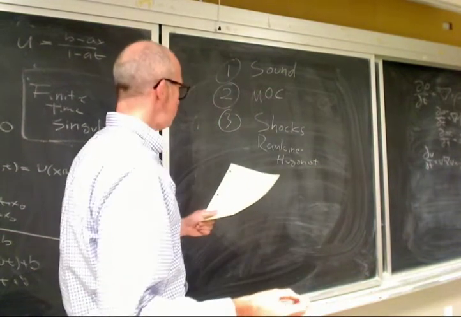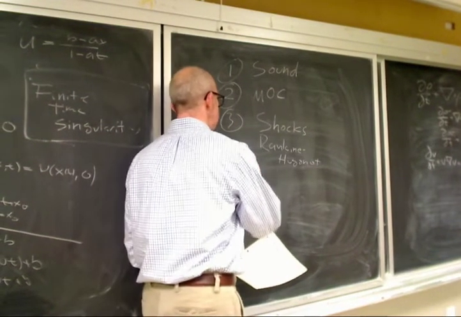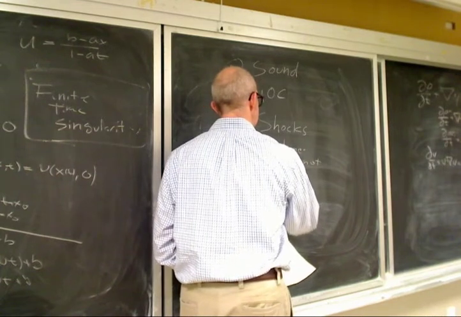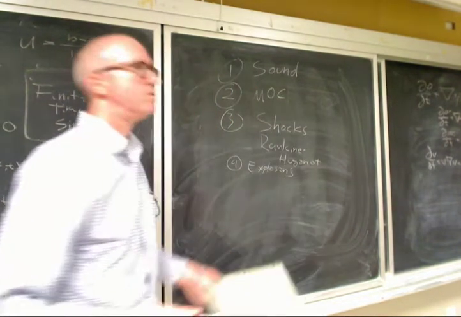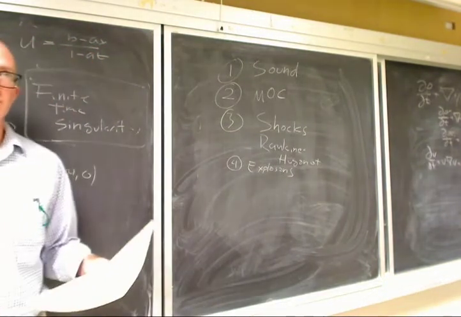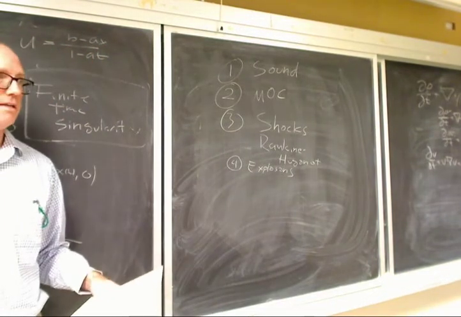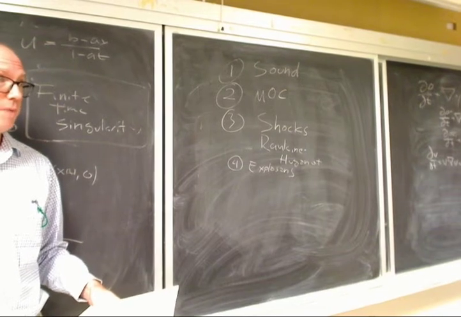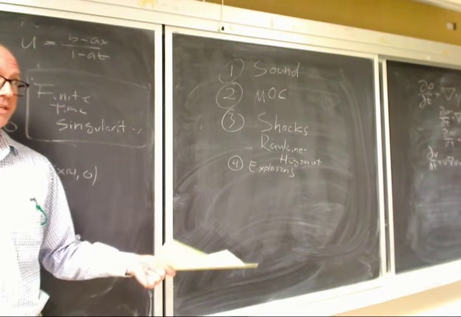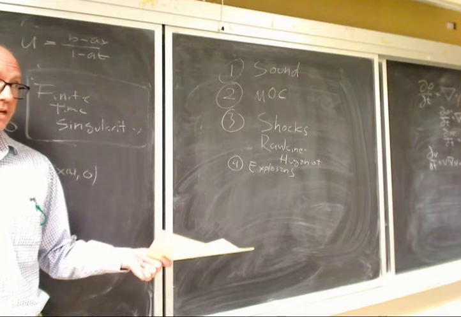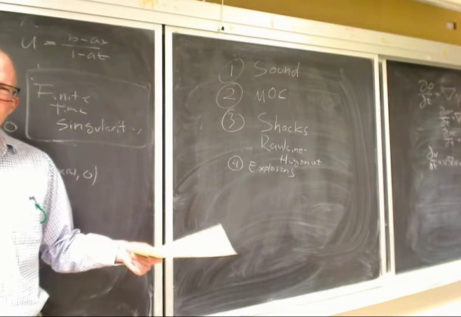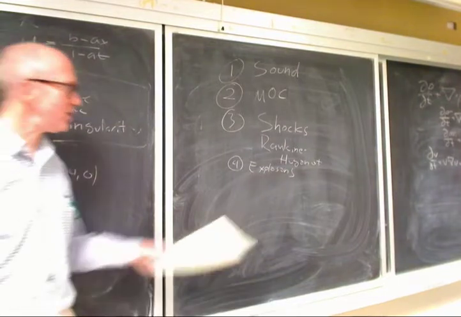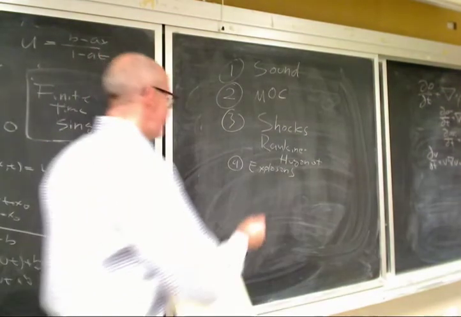And then we'll talk about explosions and how the New York Times published highly classified information in the yield of the first nuclear weapon. They published it unknowingly on the front page of the New York Times, but only if you actually knew what you were doing could you back out what the energy is. But I'll show you how they inadvertently did that.